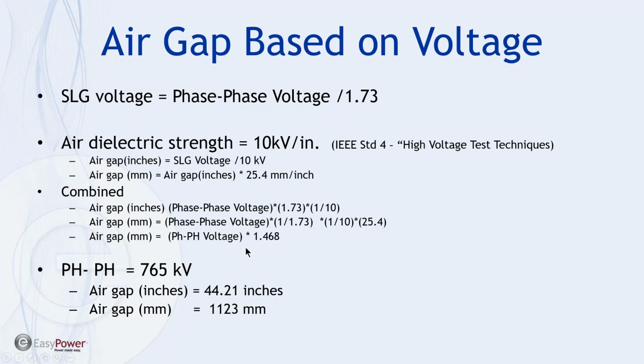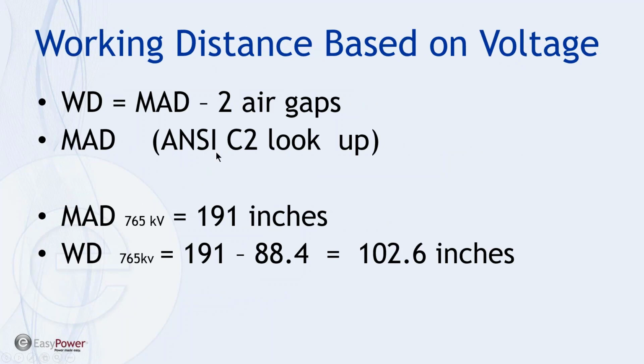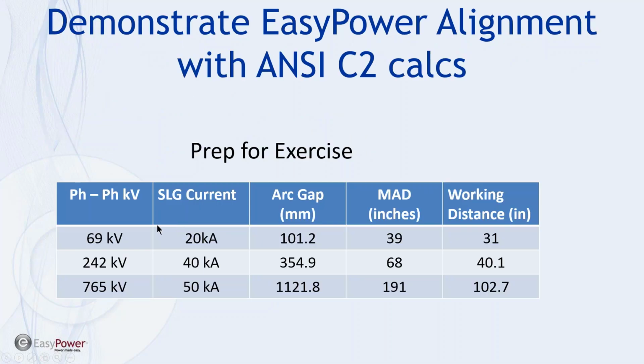Now my working distance will end up being a function of that. If we look up the minimum approach distance and subtract 2 air gaps for 765 kilovolts, the minimum approach distance is 191 inches, and if we subtract from that 2 times my air gap, then our working distance for 765 will be 102 inches. So with a little bit of preparation and arithmetic, I've picked out 4 data points: 69